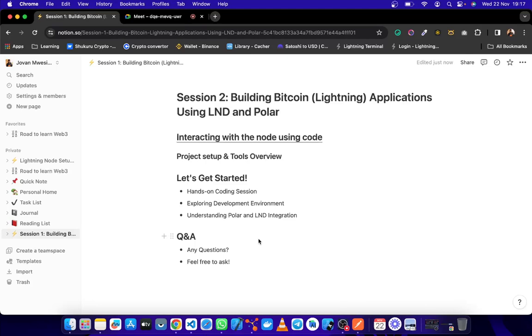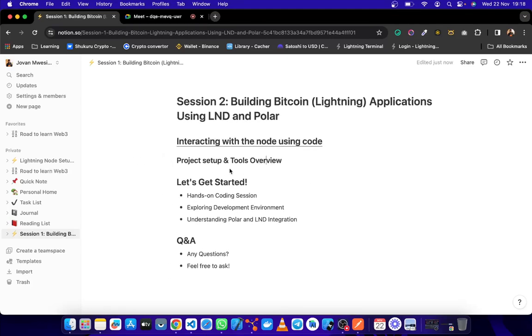So we're trying to build a small, very basic Lightning wallet, like how Shukuru does it. You're going to see how Breez does it, like how majorly all these Lightning applications do it. We would start with a small scripted backend, and then if time allows us, we'll build a UI, maybe a front end in React, and try to connect and see how the whole logic works behind the scenes. So today we are going to try to see how you can integrate that.